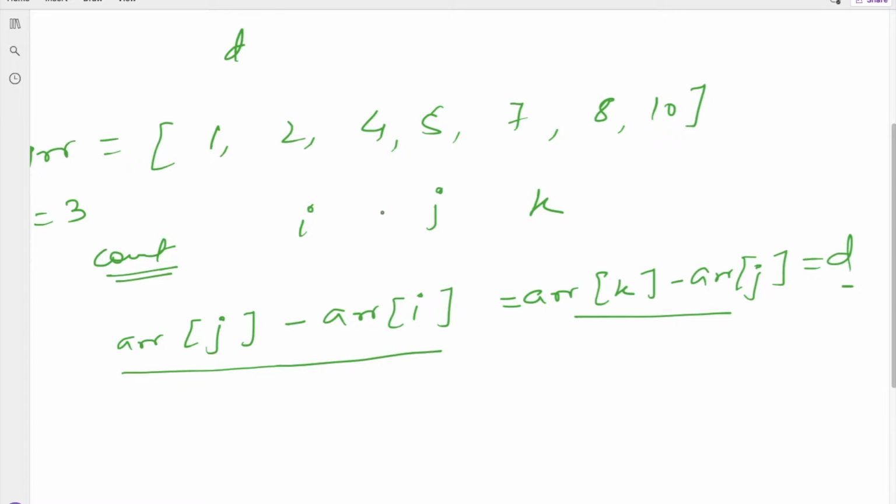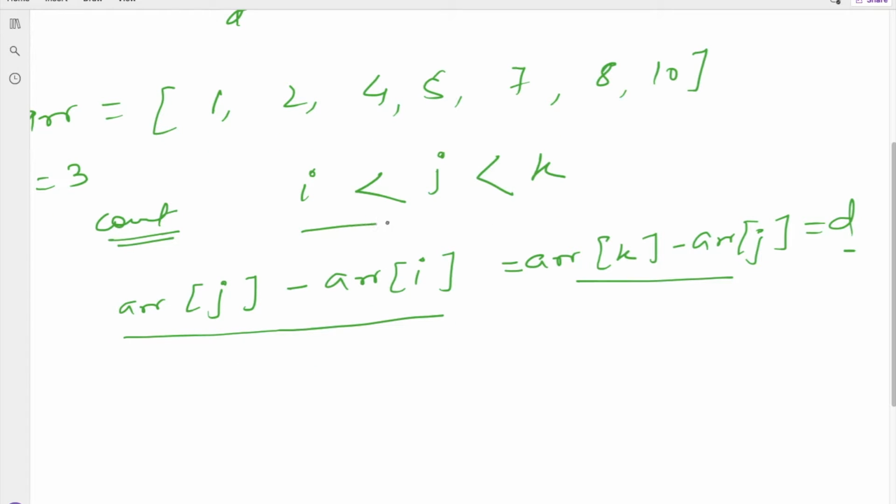At the same time, the index j should be greater than i, and the index k should be greater than j. This is the main criteria: the indices should be in this sequence for the elements we pick.